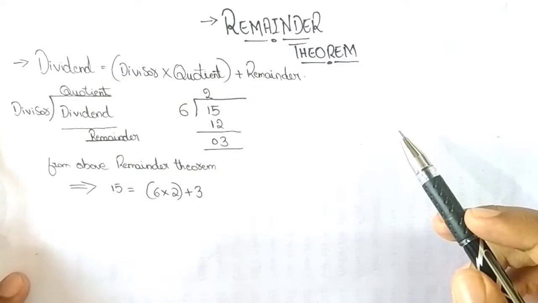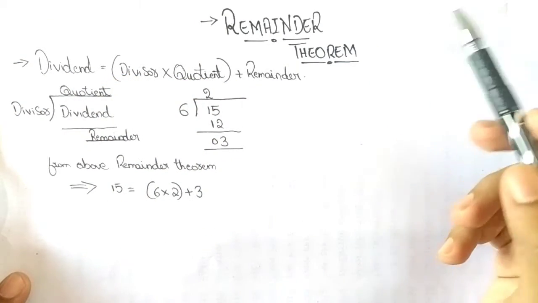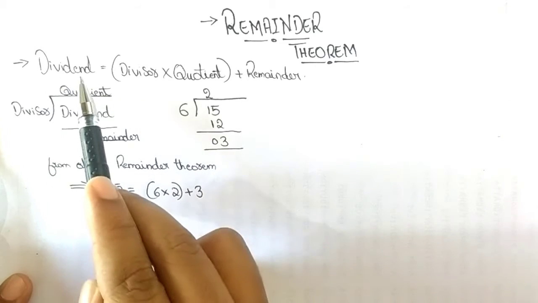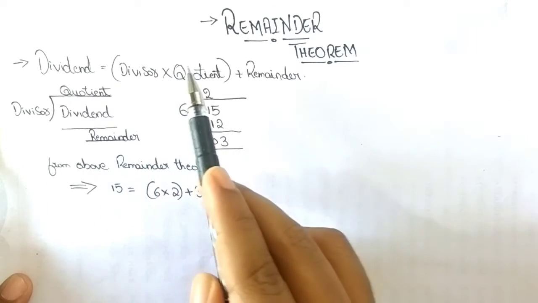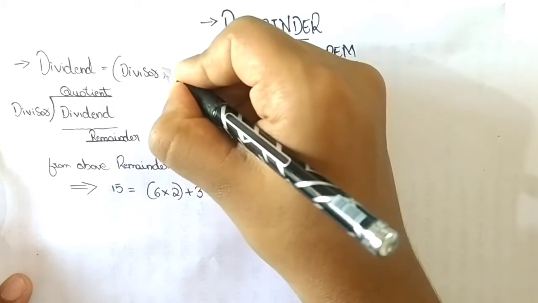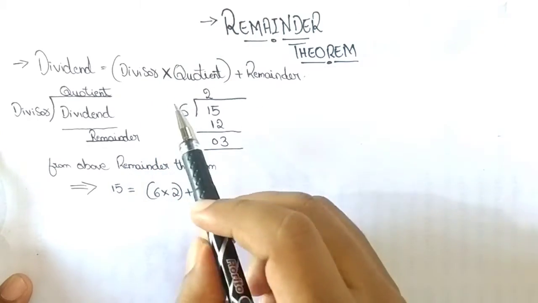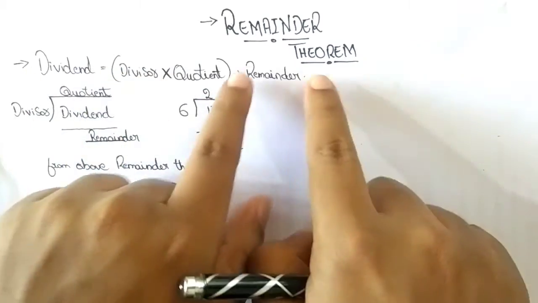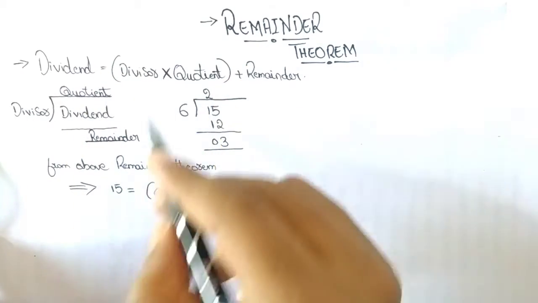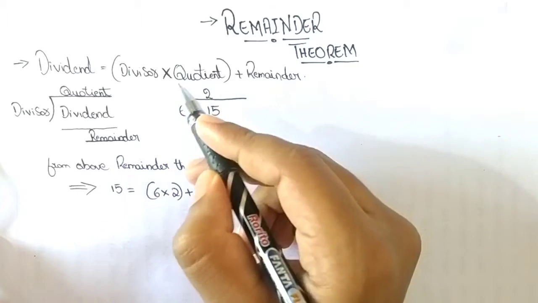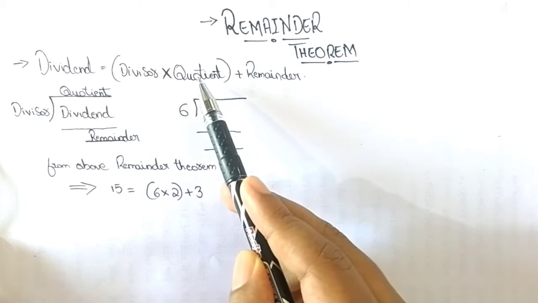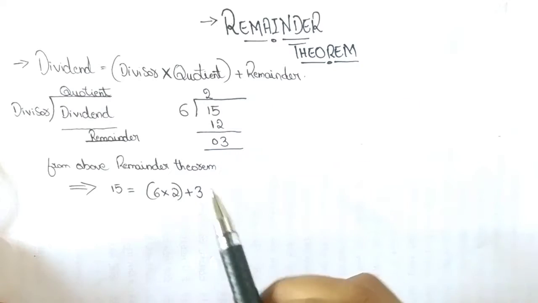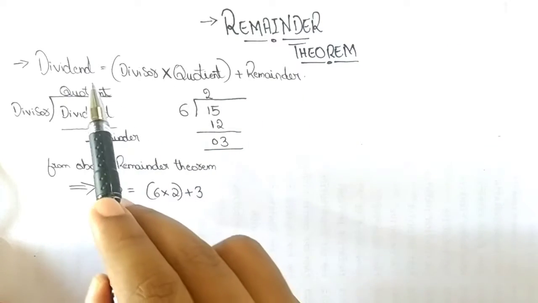Now the concept is the remainder theorem, as I told. Here the formula is dividend is equal to divisor into quotient, plus remainder. Please make a note here. There is a bracket, and only this is one term, this is one term, and this is one term. The number of terms is 3. This term consists of two components, that is a divisor and a quotient. You need to multiply the divisor with the quotient and add the remainder,